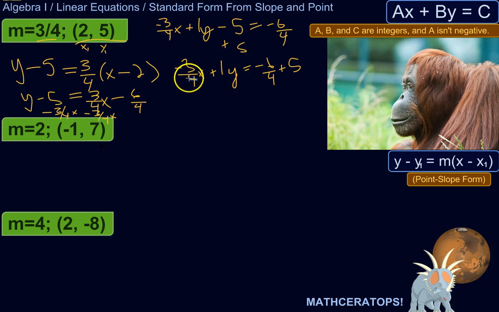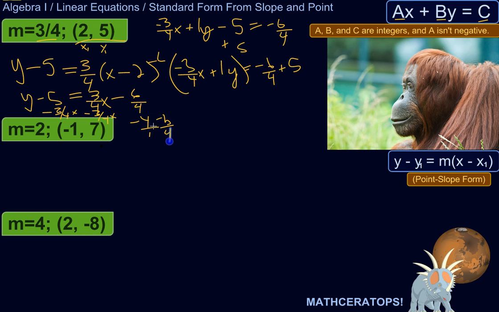I've got negative 3 fourths x. Okay. A, B, and C need to be integers, not decimals or fractions. So I need to turn this into an integer, and I would really like it to be positive. So I'm going to multiply everything by negative 4. Here's why. If I do negative 4 times negative